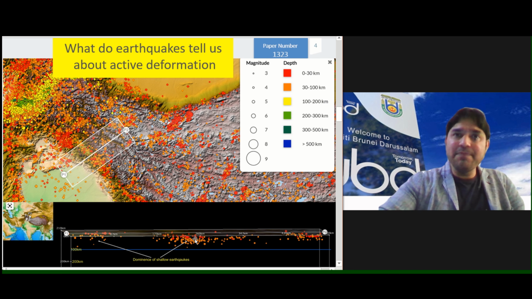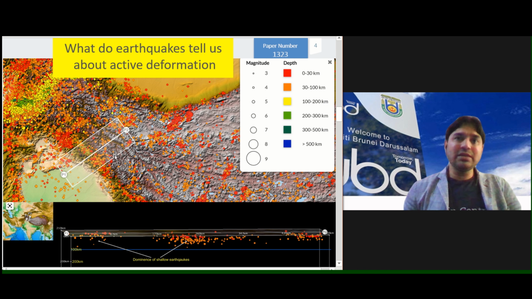So they are less than 100 kilometers deep. And what does that mean? That means it's a typical crustal seismicity. In fact, most of them are basically 50 kilometers, right? So it's typical crustal seismicity. But earthquakes are everywhere. It's not just like they are here only, they are everywhere. So again, telling you the story that earthquakes are constantly coming from those depths, and they are tectonic in origin.